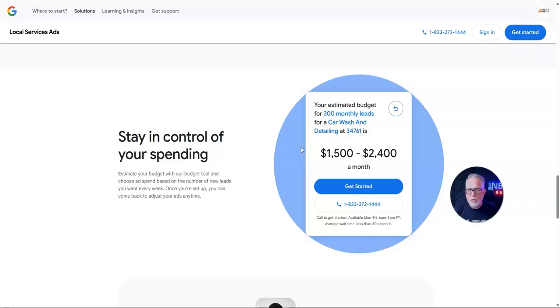How often Google shows your ad really depends on a lot of factors. It depends on how often people search in your area, how big your area is, and how much search volume there is in your area. It's a little complicated, but the process for local service ads is to make sure you have a valid Google Business